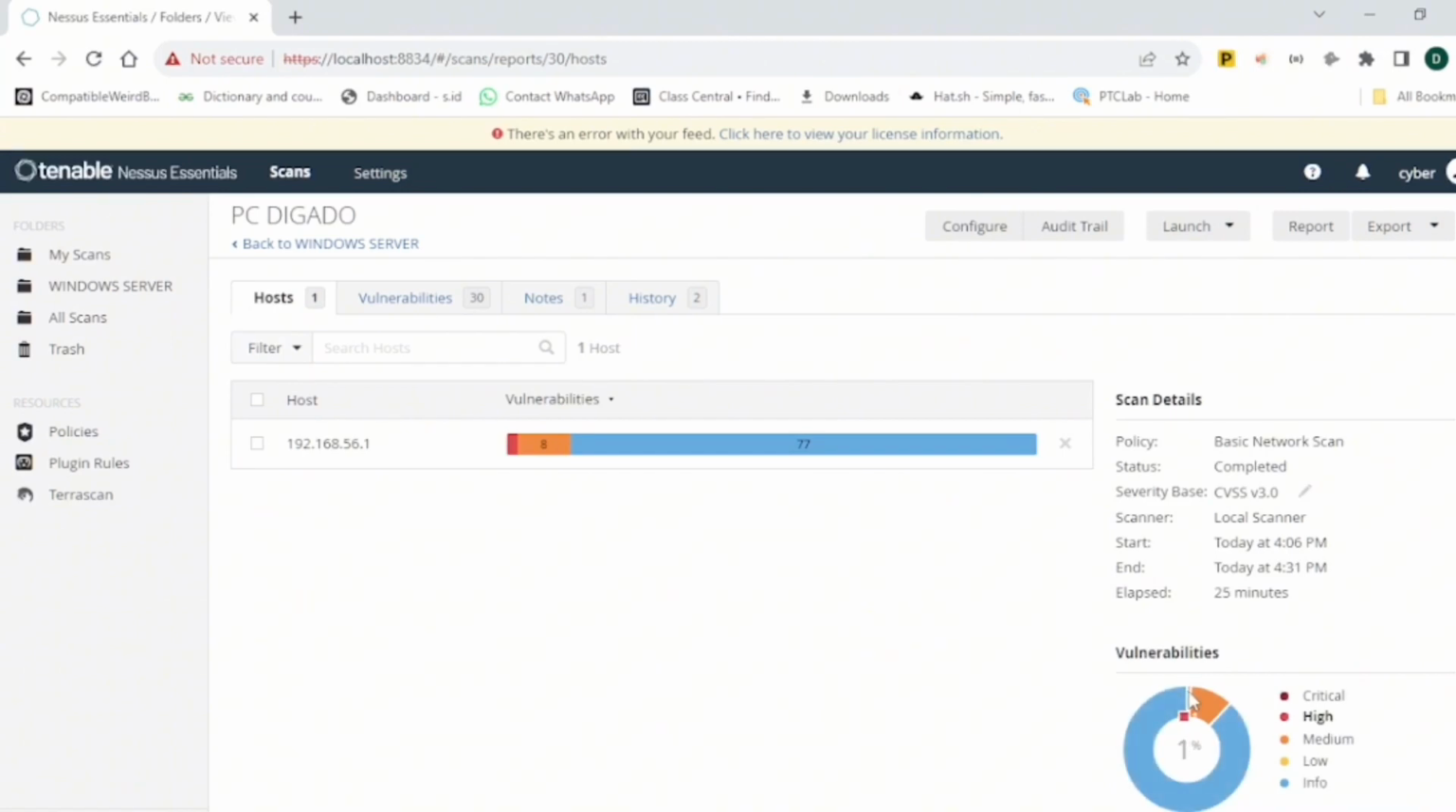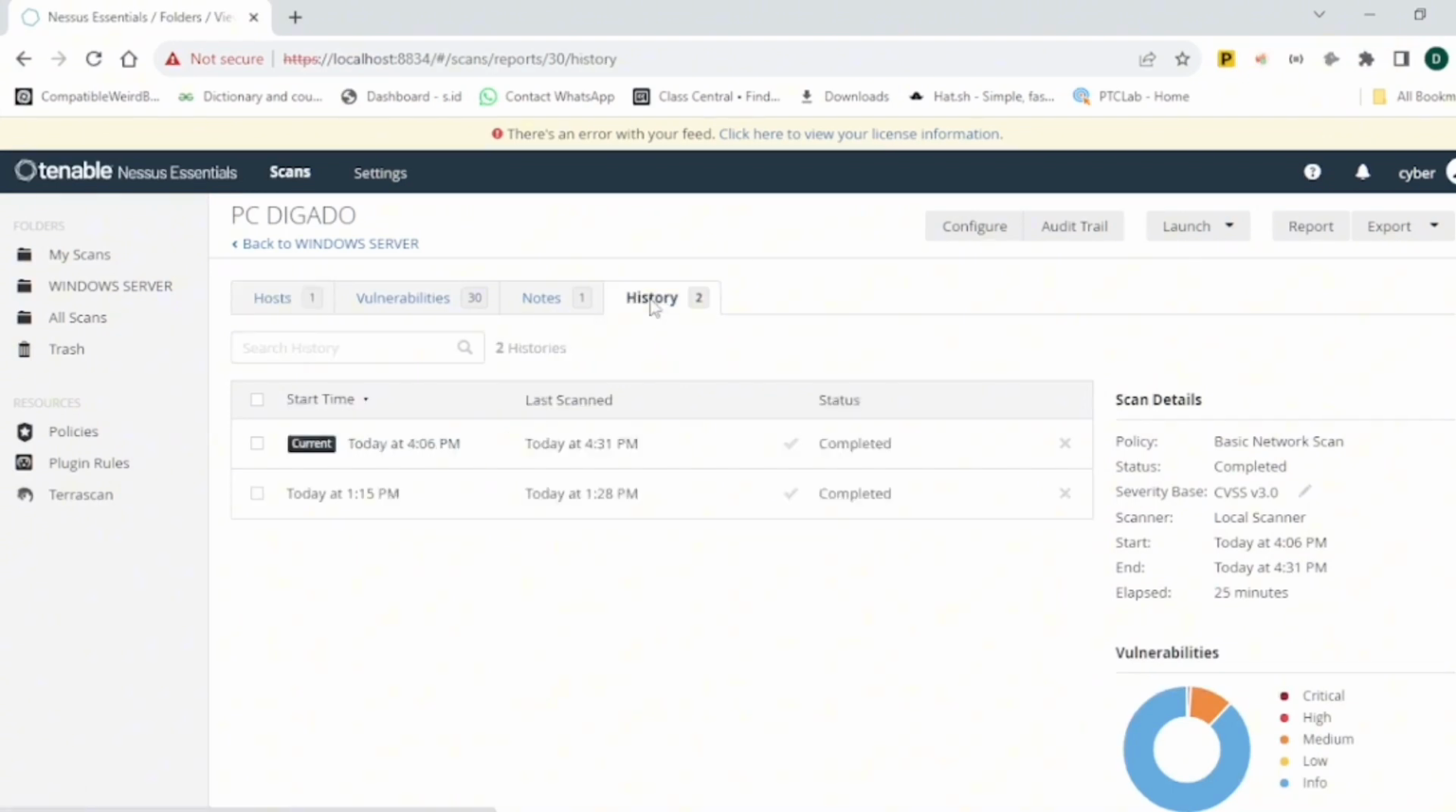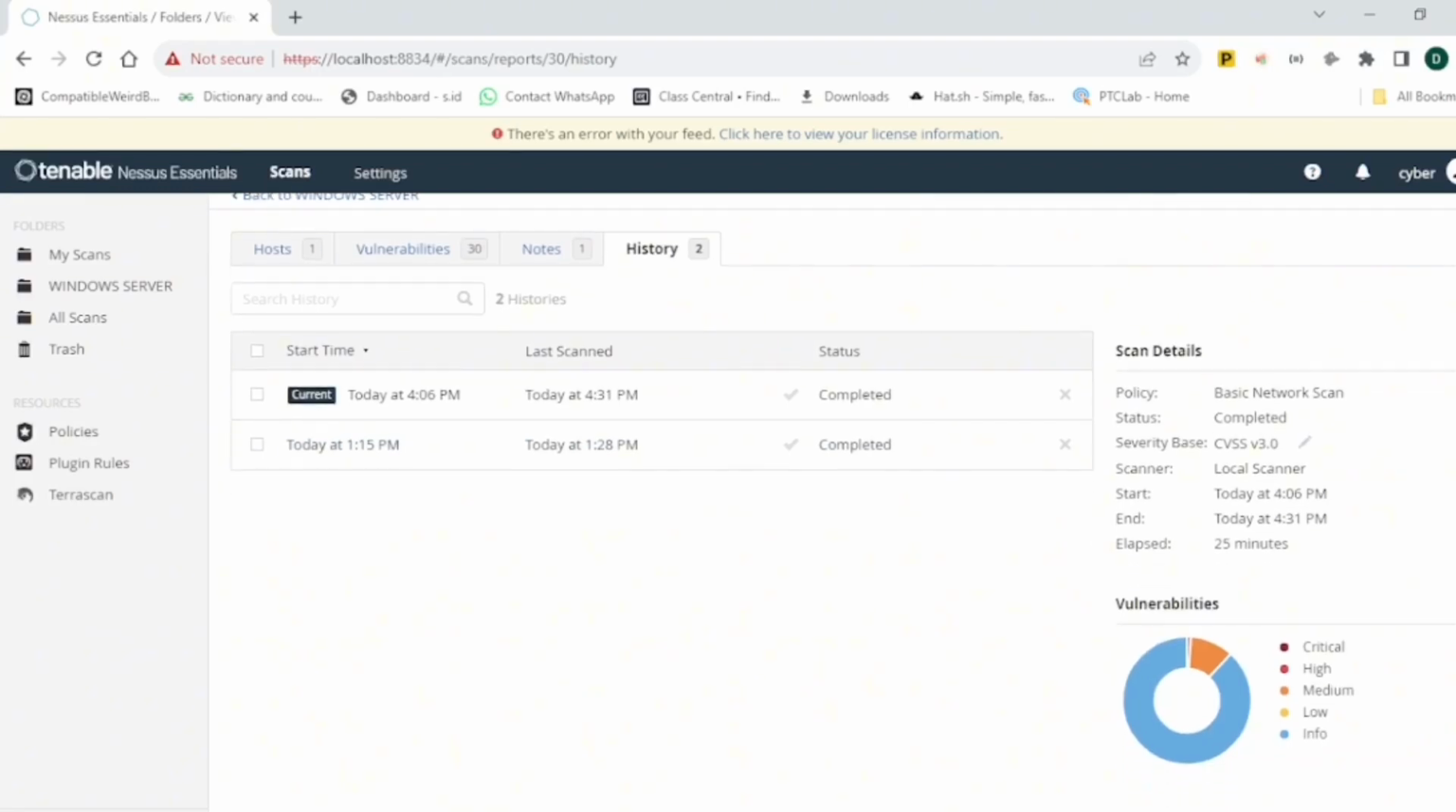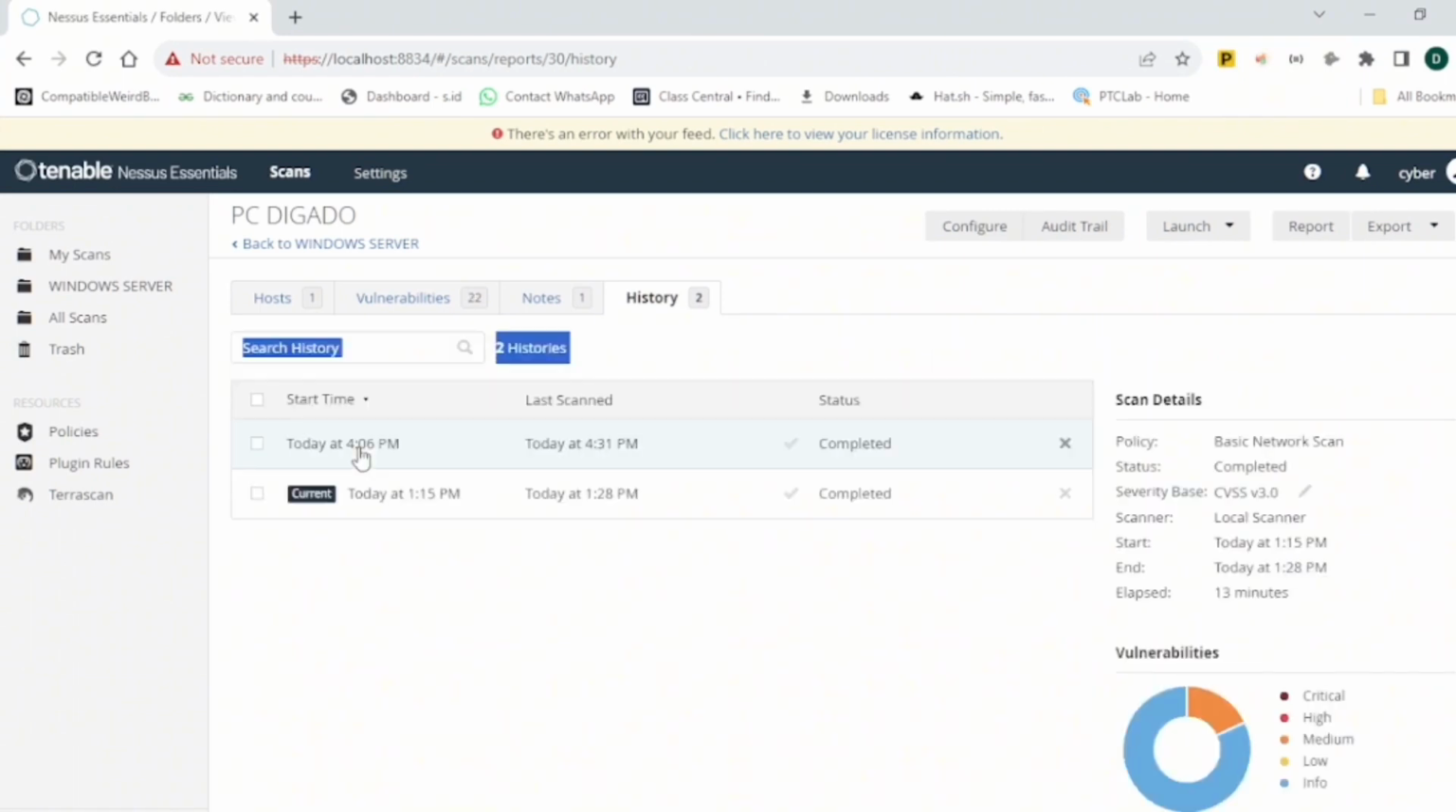Let me show you once again the previous scan. Let me scroll here. This is the previous scan, without the credentials. As you can see, we only had medium and info, without any high or critical vulnerability. So if you want to do a proper deep scan, you have to go